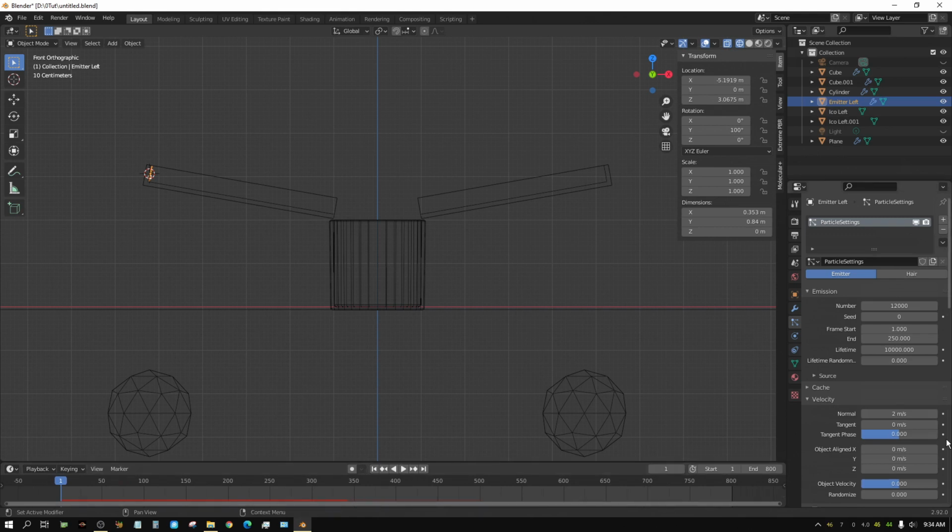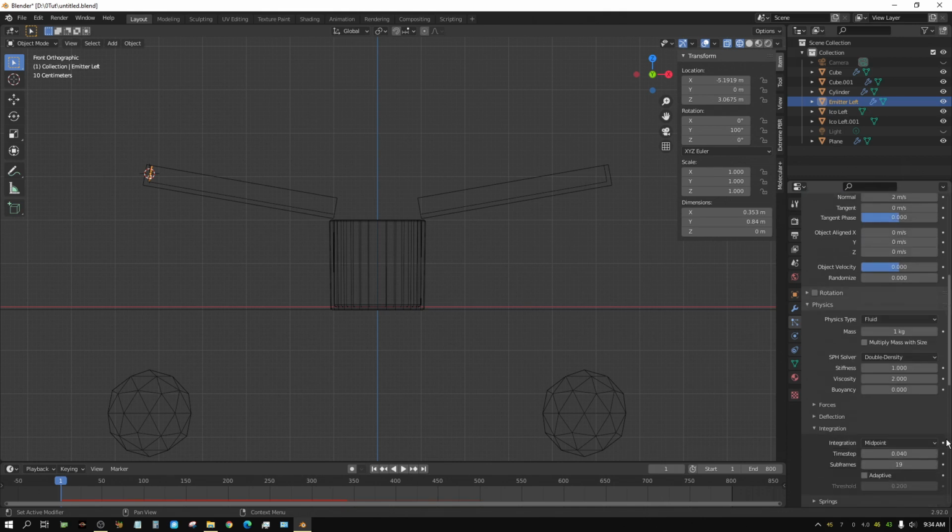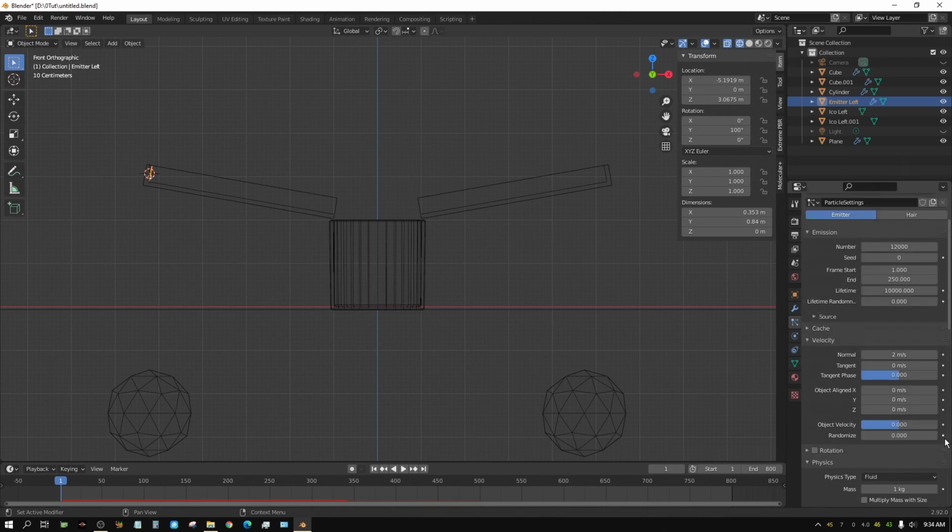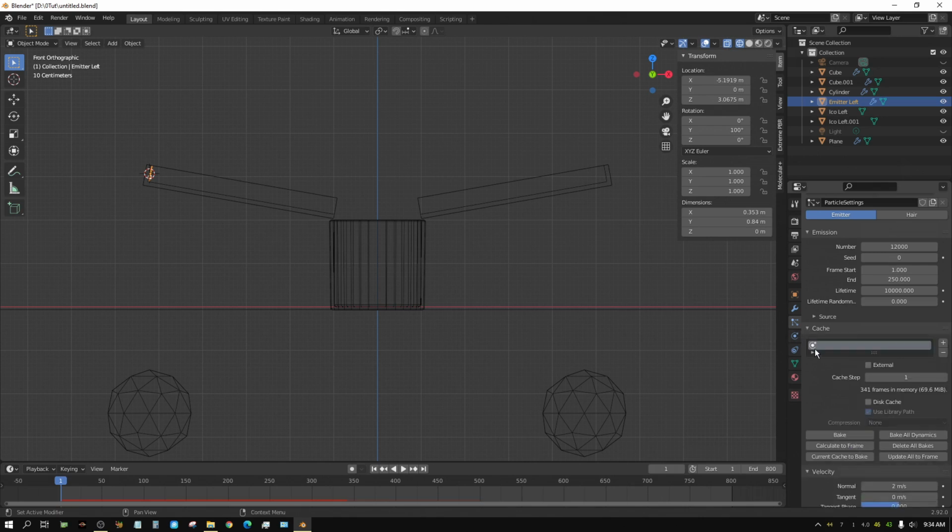Alright, now let's do one more thing now that we've got it for the most part figured out. Go to cache, click disk cache, and since we've been fiddling with this a lot, let's just click on delete all bakes just to make sure that any cache that's saved is freed. That way we can start off fresh. Now this is a really good time to go ahead and press